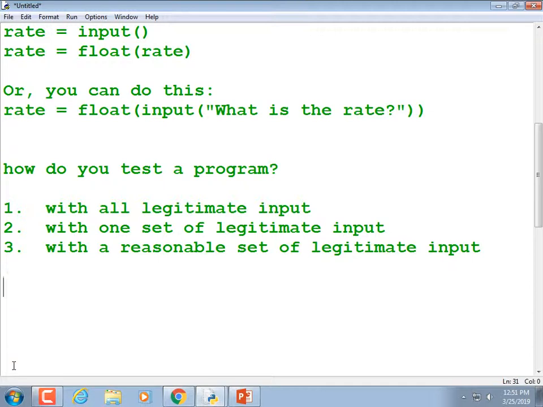If x is greater than 40, test what happens if it's greater than 40, test what happens if it's less than 40, test to see if it's exactly equal to 40, right? You've got to test all branches of your program in order to do a good job of testing them. Now, our programs have not been so complex that it's too hard to do that.